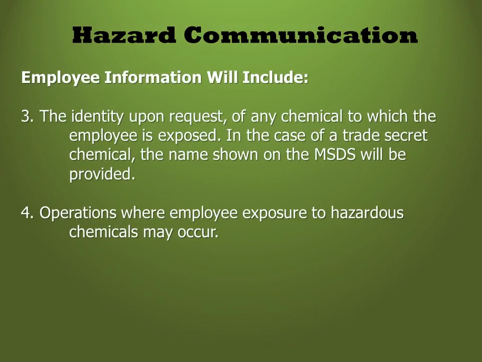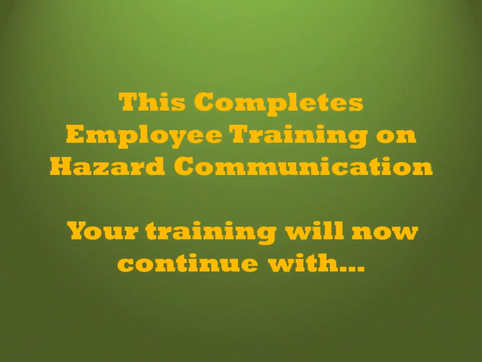Employee information will also include: 3. The identity upon request of any chemical to which the employee is exposed. In the case of a trade secret chemical, the name shown on the MSDS will be provided. And finally, number 4. Employee information will include operations where employee exposure to hazardous chemicals may occur. This completes employee training on hazard communication. Your training will now continue with